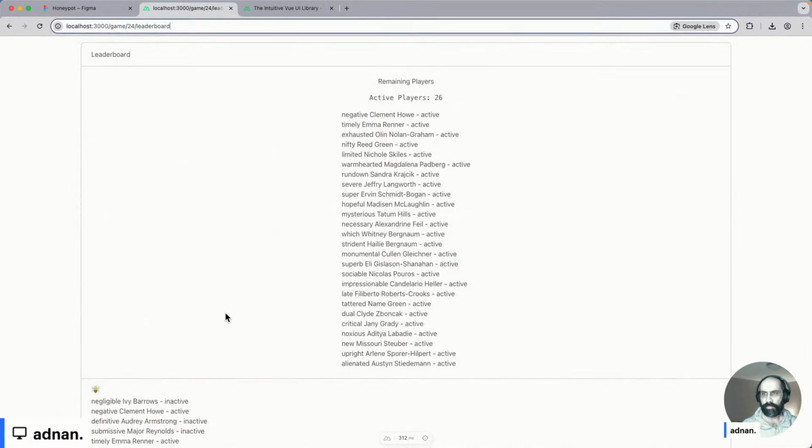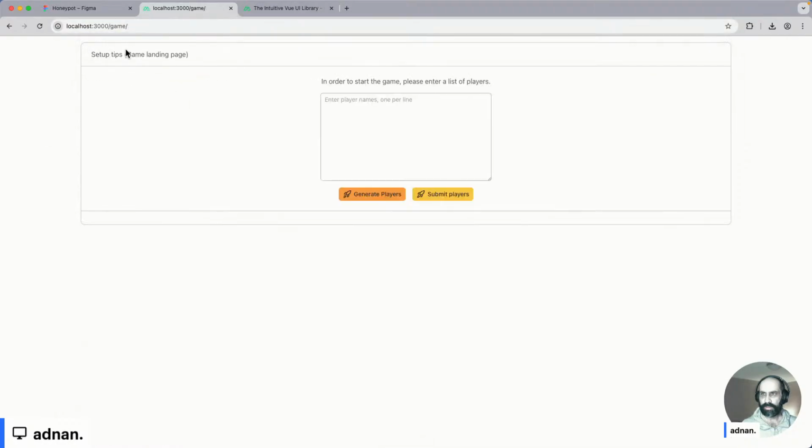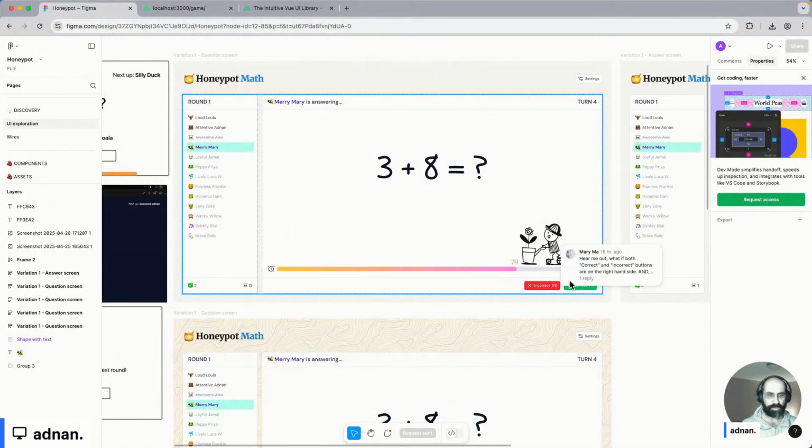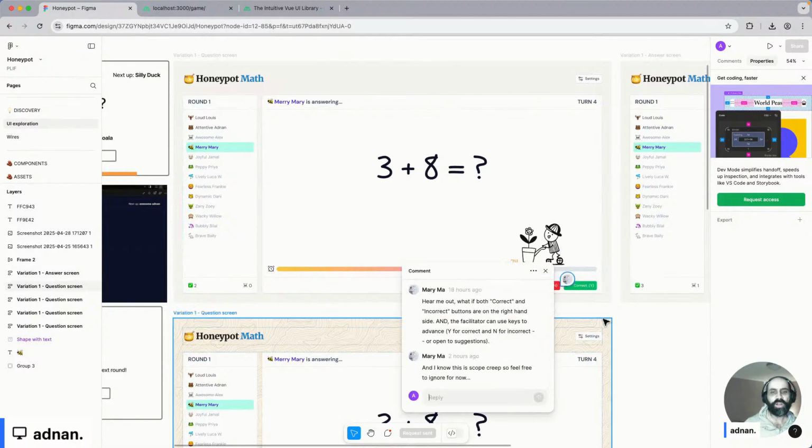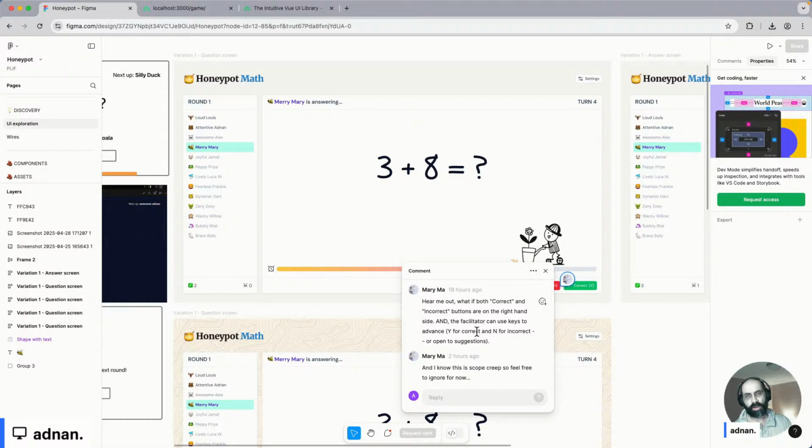Okay. But that was some feedback that was given to Mary, and she says here, hear me out. What if both correct and incorrect buttons are on the right hand, and the facilitator can use keys to advance, Y for yes and N for no? That's great. Absolutely, we should implement some keyboard level navigation, because it also makes things accessible. When you press the question mark button, a lot of websites will pop up a modal with keyboard options that you can use to navigate the site. So I think